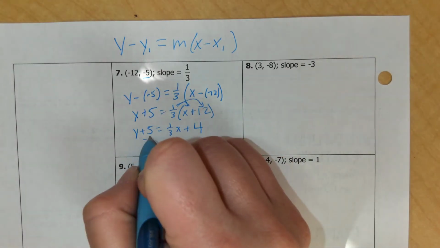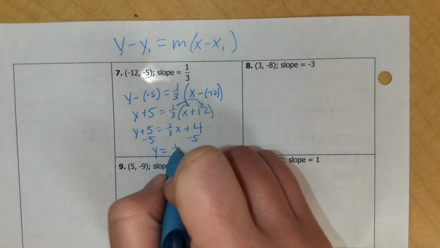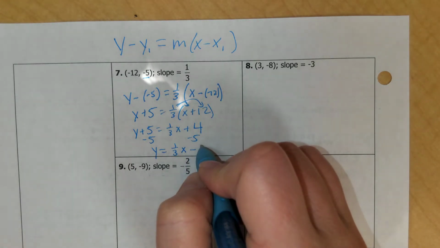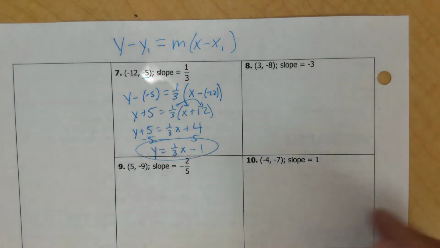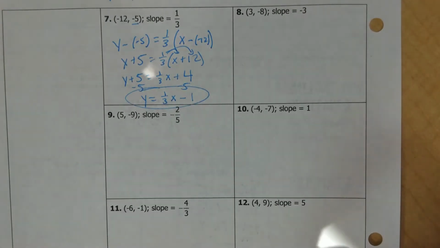Okay, now I'm going to subtract my 5 to get the y by itself to get it in slope-intercept form, and we have 1/3 x minus 1. Okay. Alright, then from here,